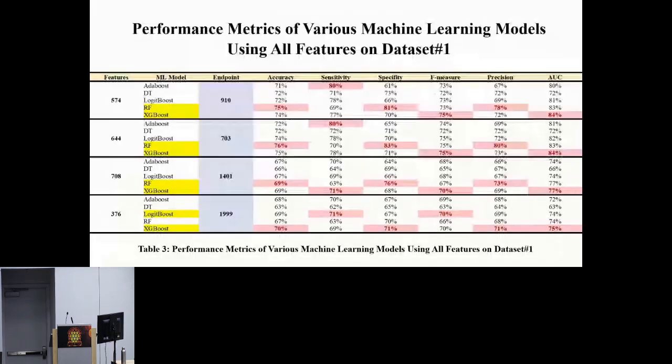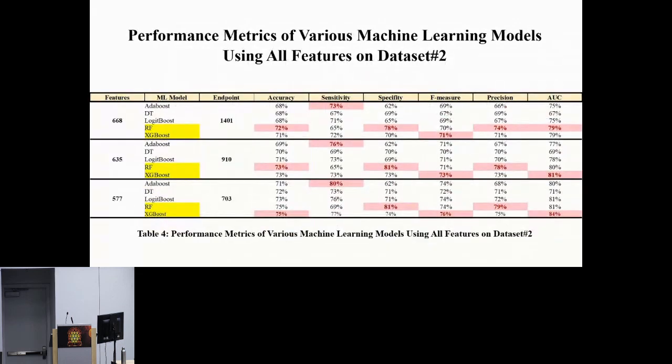This table summarizes the performance metrics of the final models tailored to each complication, trained and tested using dataset 1. As we can notice here, we achieved an accuracy between 69 and 75% and an AUC between 75 and 84%. Regarding dataset 2, we achieved an accuracy between 72 and 75% and an AUC between 79 and 84%. As per literature, an AUC greater than 75% signifies clearly useful discrimination performance. Among others,